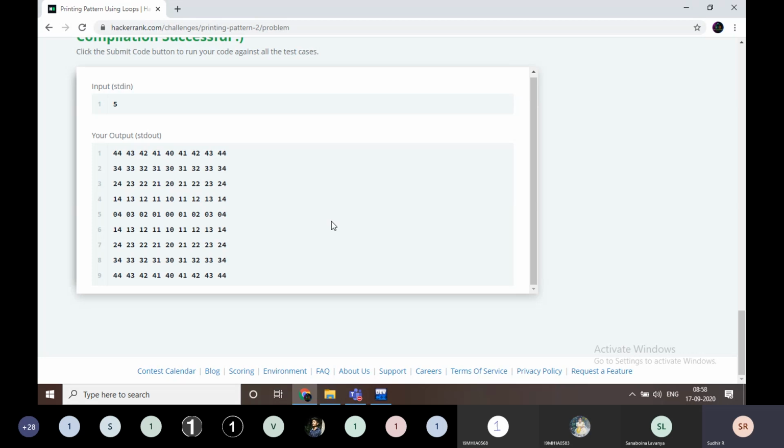Why? Because what is the maximum value of 4 and 3 here? The maximum value is 4 and plus 1 is 5. 3 and 1, what is the maximum value? The maximum value is 3 and I want 4 there. That means plus 1.